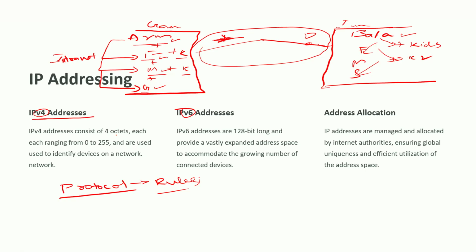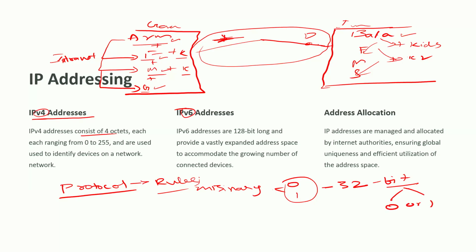Again, to divide that, people came up with the concept of binary numbering. What is binary, guys? It is 0 or 1. So an IPv4 address is a 32-bit address. When I say bit, it is binary. It can be a 0 or a 1. So let's say